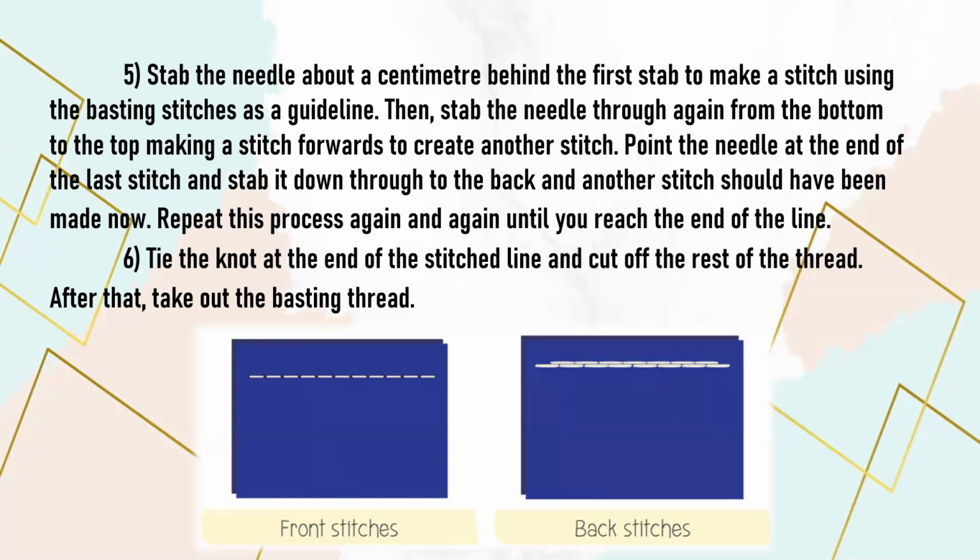Then stab the needle through again from the bottom to the top, making a stitch forward to create another stitch. So the same step we are going to follow. We make a first step down, then a centimeter gap, and then put it up, down and up. Okay, until